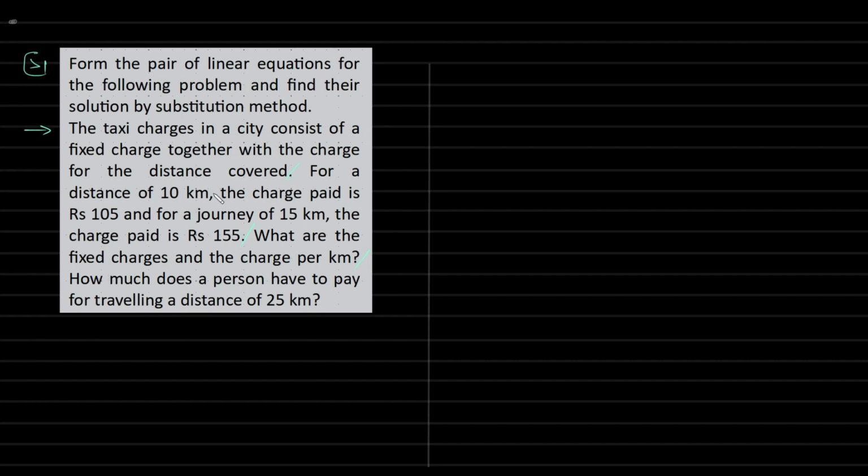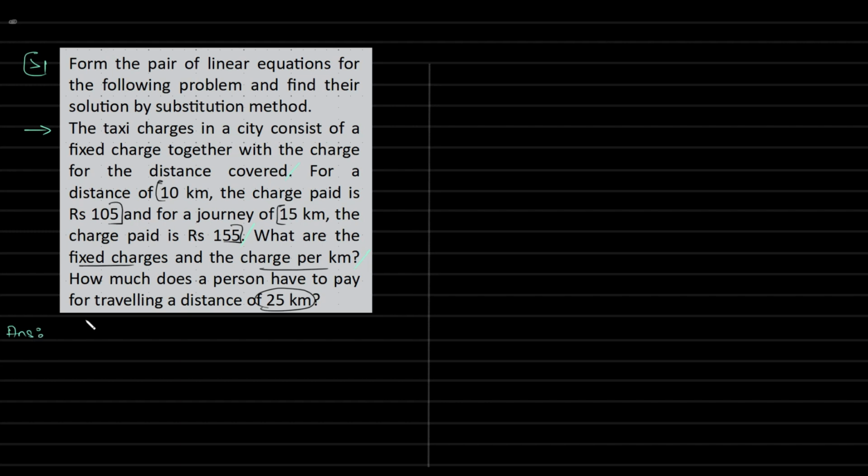So now let's mark the things which are important. For a distance of 10 kilometers, the charges paid is this much, and for a journey of 15 kilometers, that's the charges paid, and we have to find the fixed charges and the charges per kilometer, and how much a person pays if the person travels 25 kilometers. Okay, so now